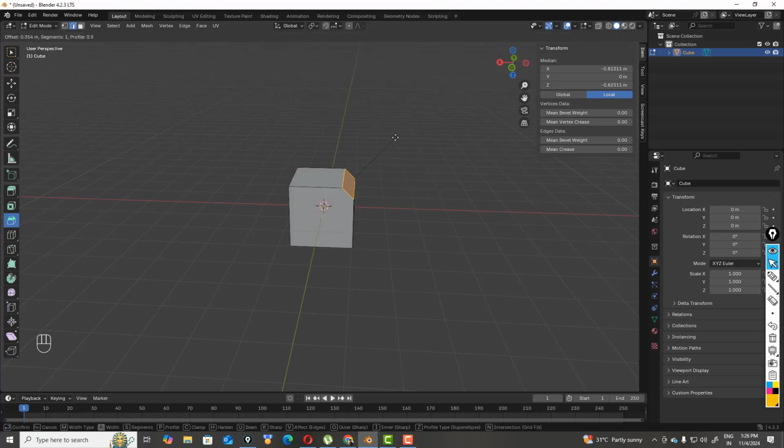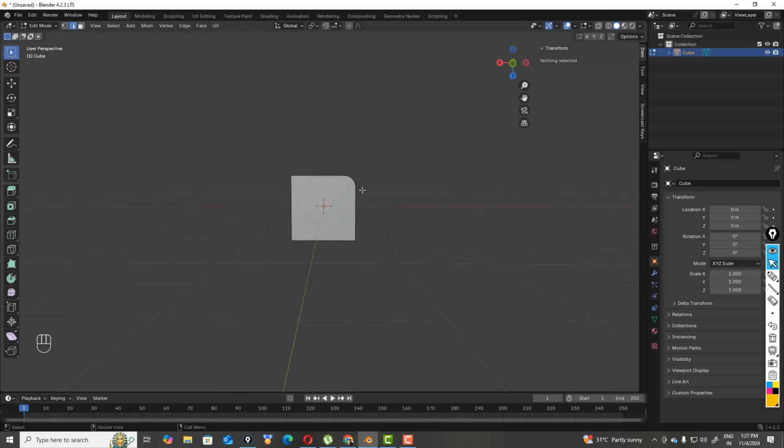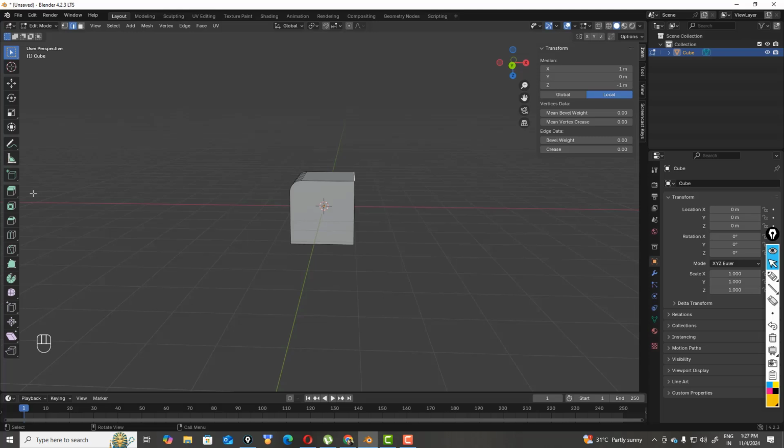When I drag and scroll the wheel up, not down, see its area is rounded. I'll also do this area, just drag and